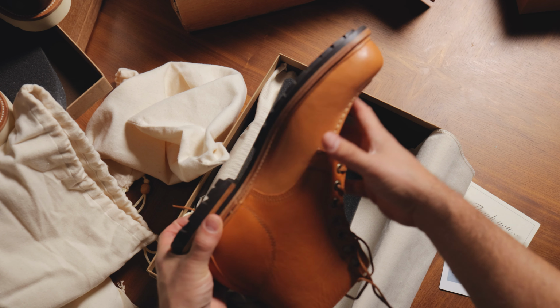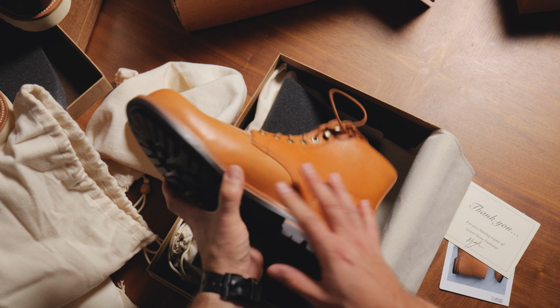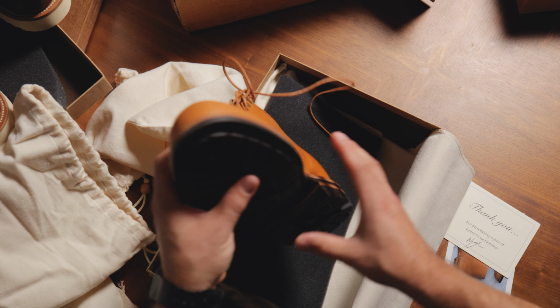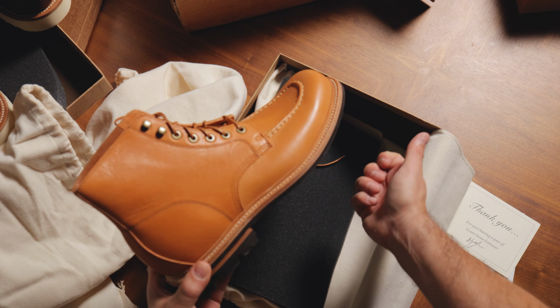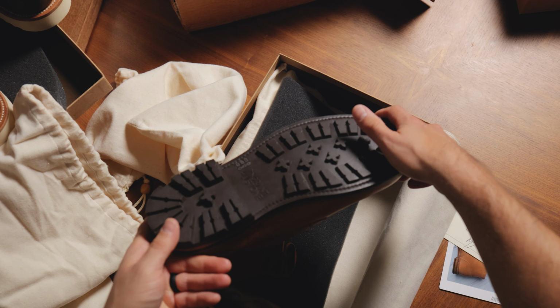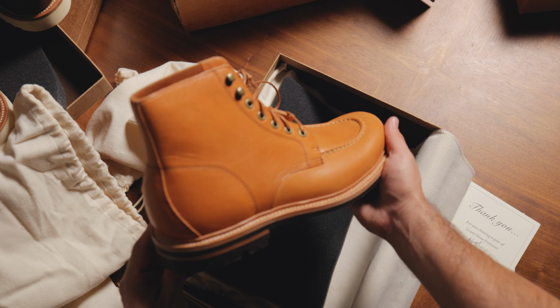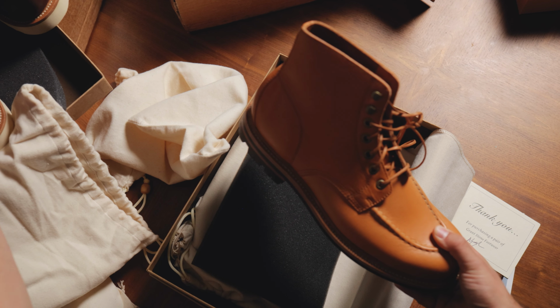And inspecting this one a little bit further, the other difference with this pair is the sole is very different. This is more of a lug sole. I'm thinking this for the winter. This was my original thought for the Thunderdome. Here in Chicago, we have a lot of snow, water, and ice. And I was thinking that this lug sole would give me a little bit of extra traction, which I still think would be great. But man, now I'm worried that I'm going to have three different pairs of boots to wear